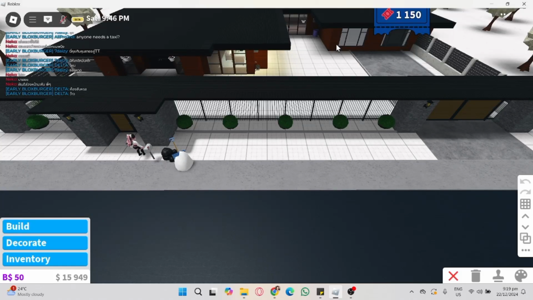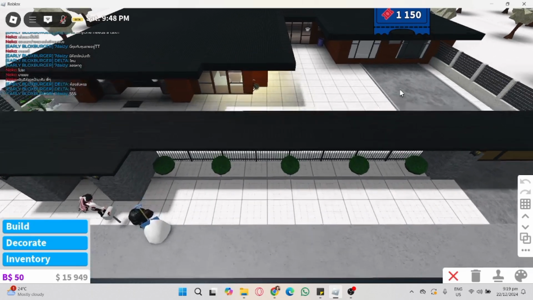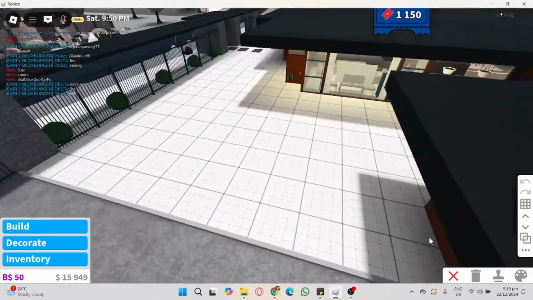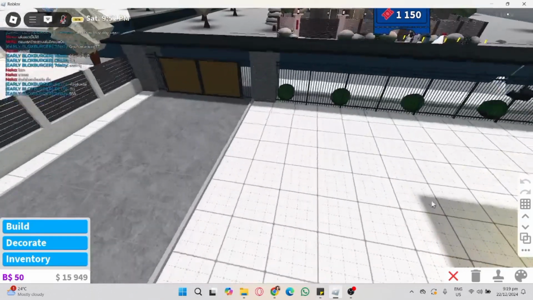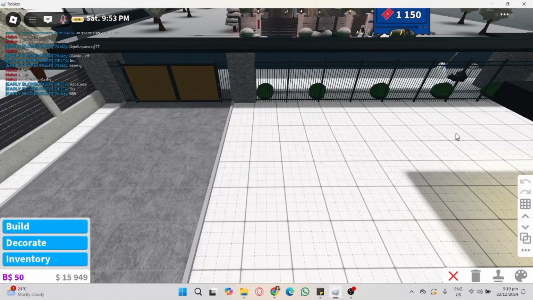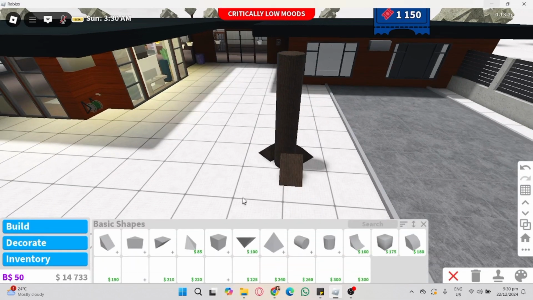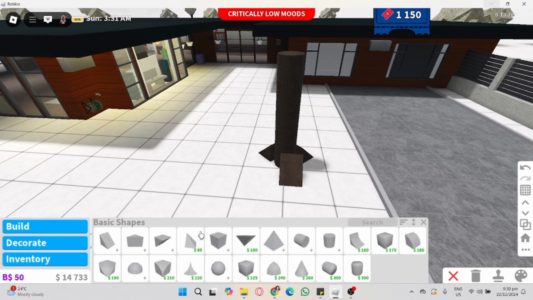In this video, I'm going to show you how to make custom trees in Bloxburg. First, make sure you are in build mode in Bloxburg. Now, go to the build section on the left side and then navigate to the shapes or basic shapes section